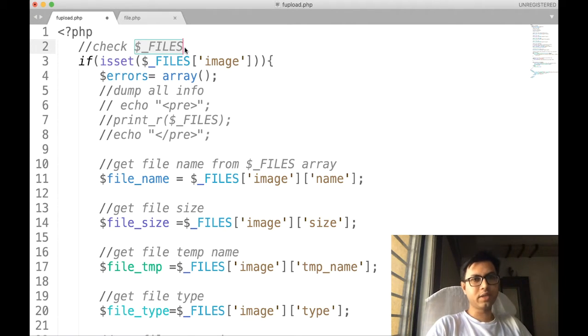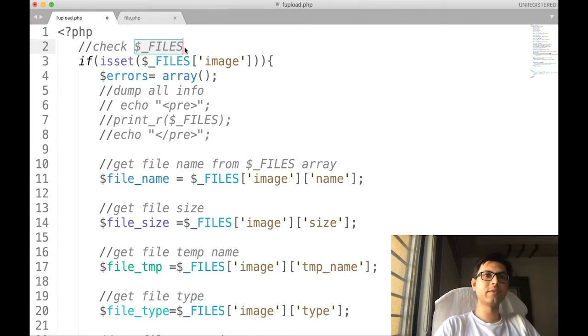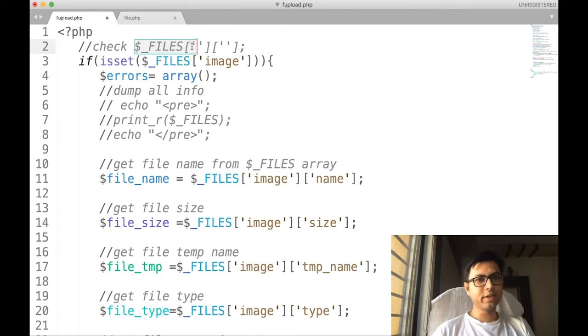Now in the previous session, if you remember, we learned all the major super global variables. This is also one of the super global variables, but we are going to cover it under the file section of PHP. This is why we are learning this super global variable under file upload functionality. So the $_FILES super global variable is a two-dimensional array like this, used to extract the information related to the file. Now let us learn how this program proceeds.